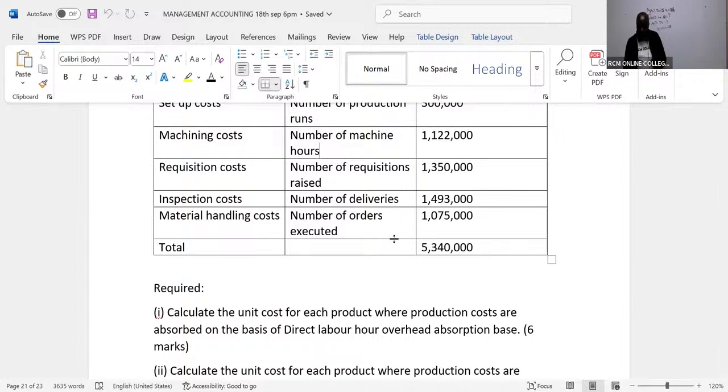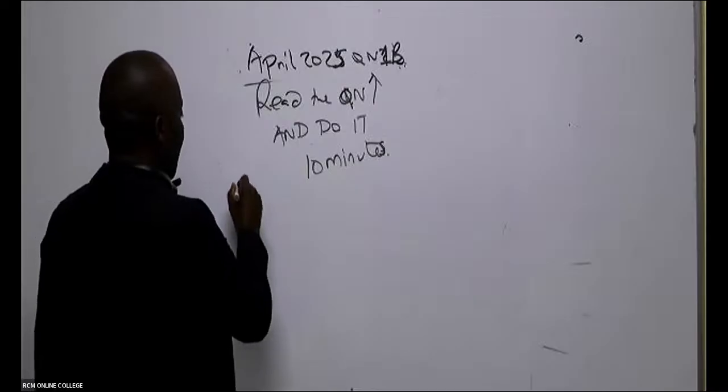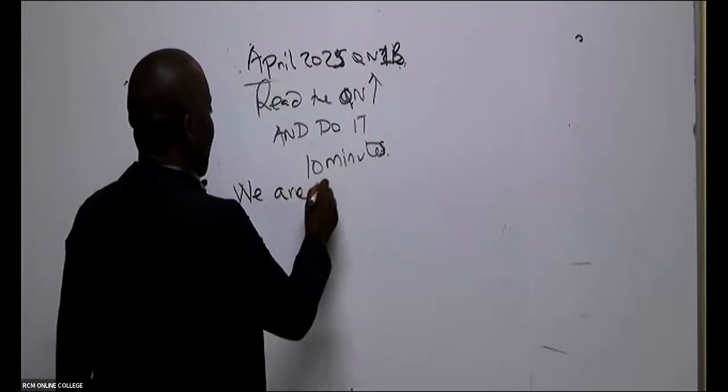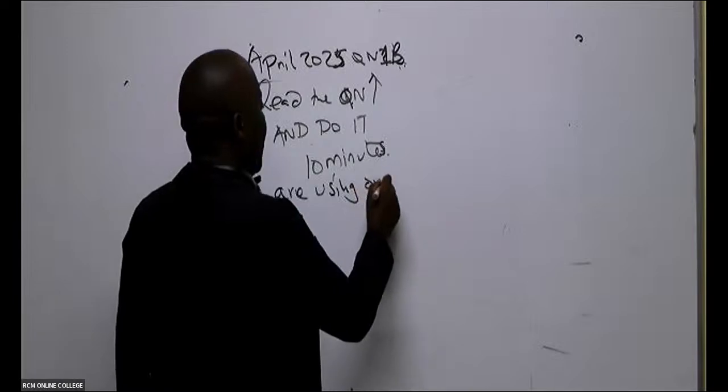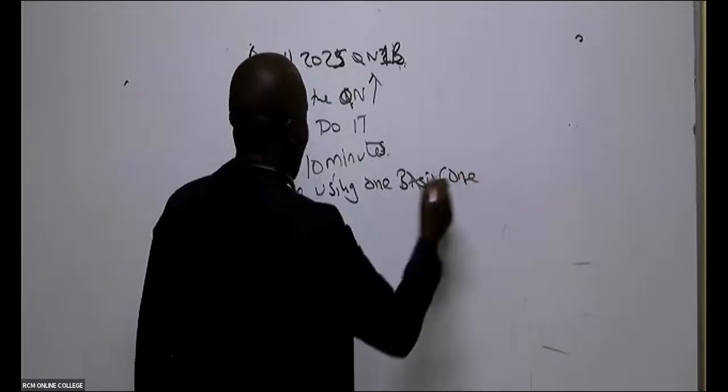When it comes to our traditional method, we only use, like in this case here, one basis, one cost driver to apportion the entire overhead, which is 5,340,000. So in this case here, we are using one basis, which we could call one cost driver,